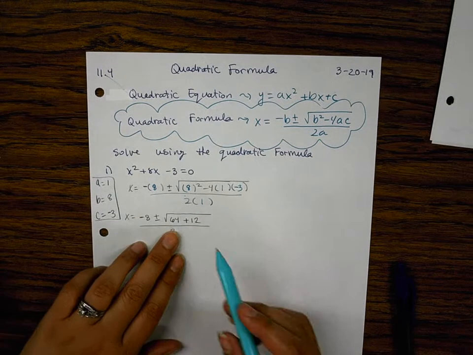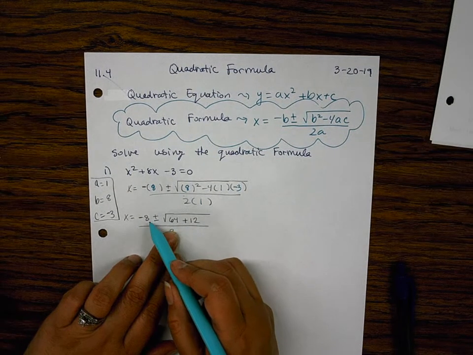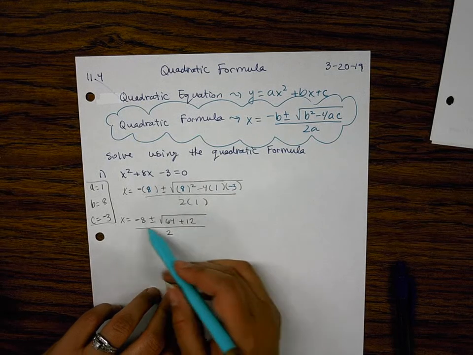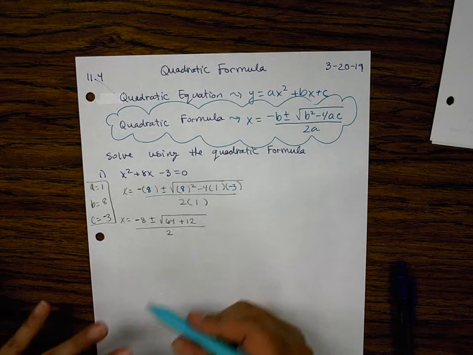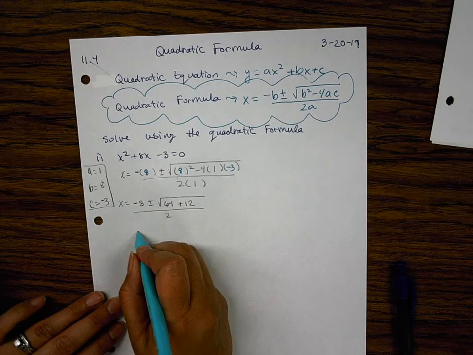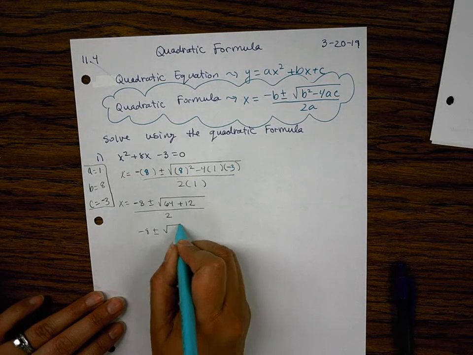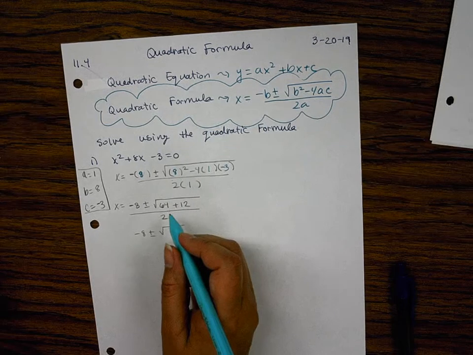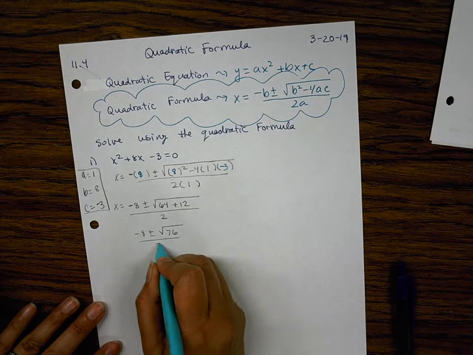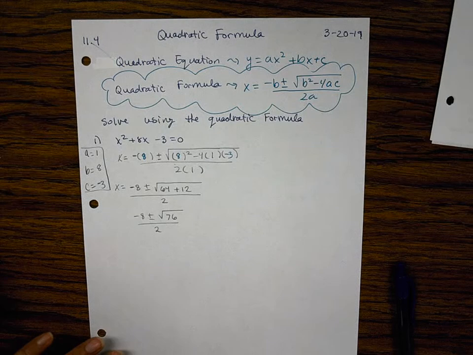All over 2. Now, one thing you cannot do is reduce these two. You cannot, because the negative 8 is being plus or minus this number here. Do not, as tempting as it is, do not reduce that. I'll show you and tell you when you can or when you cannot. Right now, you cannot. Okay, negative 8 plus or minus the square root of 64 plus 12 is 76